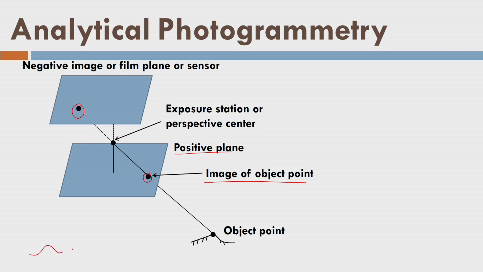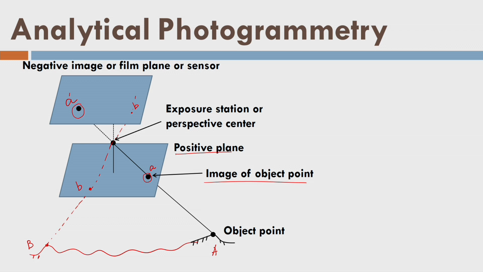Let us see what the reason is. Let us say there is another point on the same terrain, and there is a point here called B point, and this is my A point. Okay. So, if I try to make an image of B point, it will be like this, it will pierce here and go through the exposure station, and now it will create some kind of impression. Let us call these a dash and b dash, and let us call this point small a, and this point small b.